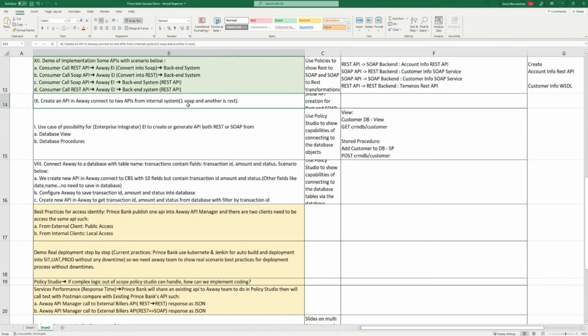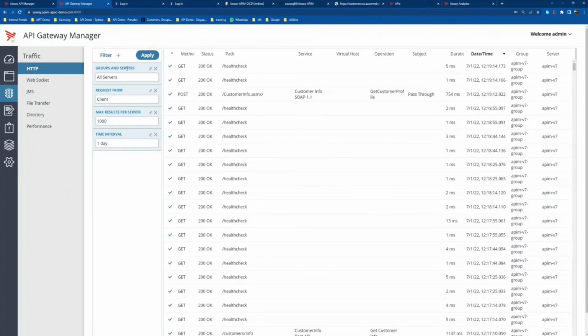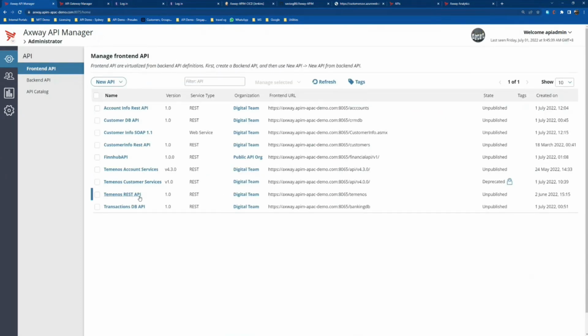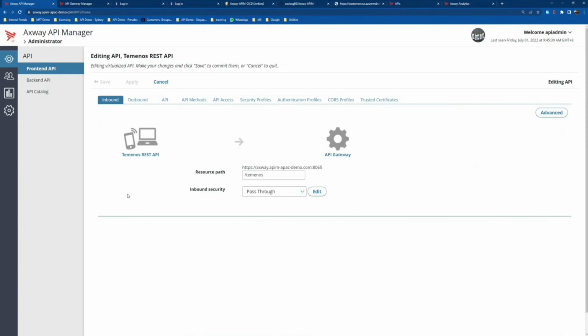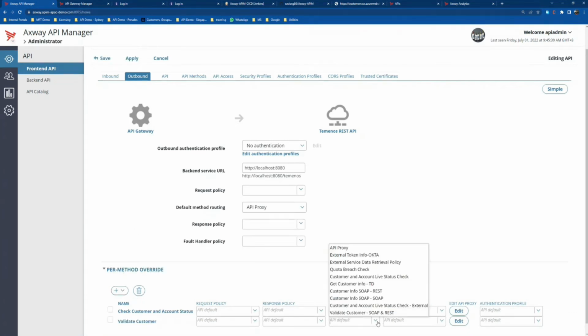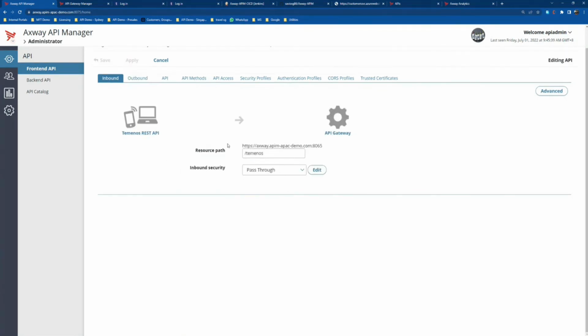There's one more which was additionally mentioned, and that was calling one SOAP and one REST. For this, I have simulated this with the example I showed you before for Temenos, where we did the orchestration. Under that, I have another policy. The first one we saw was checking the customer and account status. Both were REST. I have another one called validate customer, and for validate customer, I have prepared a policy for calling a SOAP and a REST in one policy. So this is the validate customer that I'll set. I'll apply, and I just need to call this service